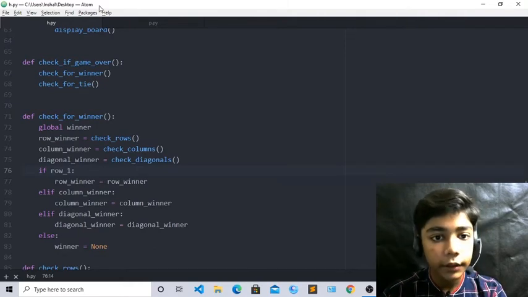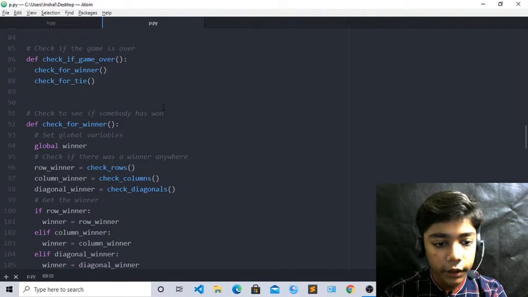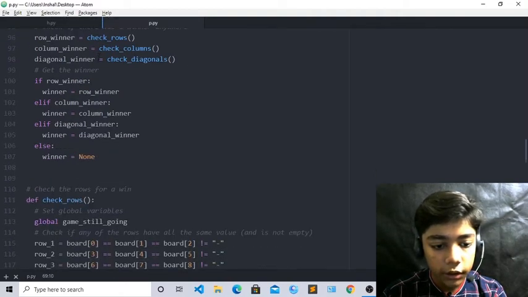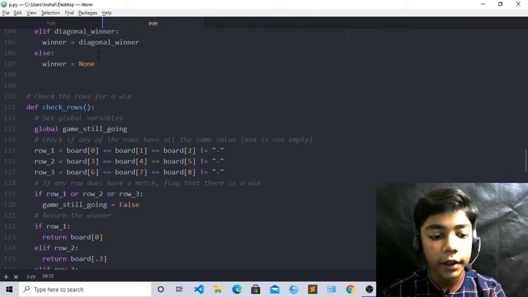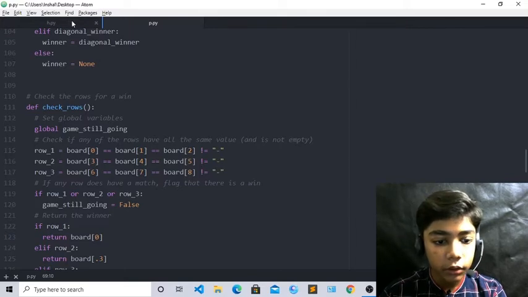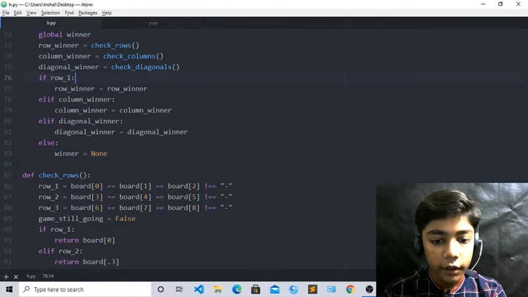So now till here we have done all that. Now first of all, come here, and here you can see if row or row 2, and now when you have done that, you have to define if row winner.